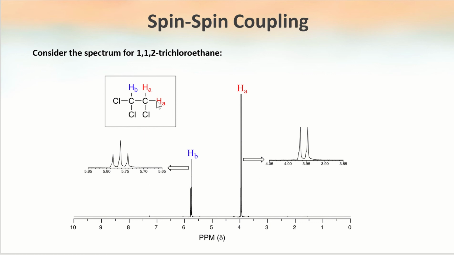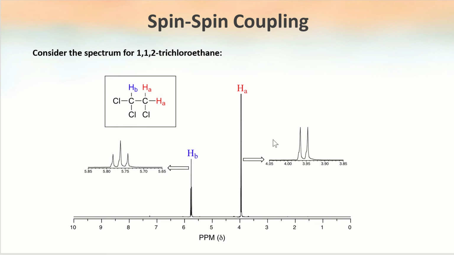And then for HA, both of them are in the same electronic environment, and they have 1 neighboring proton in the form of HB, and so n would be equal to 1, and so we would get a doublet for HA. So without even looking at the chemical shifts, we would be able to assign our protons just by looking at